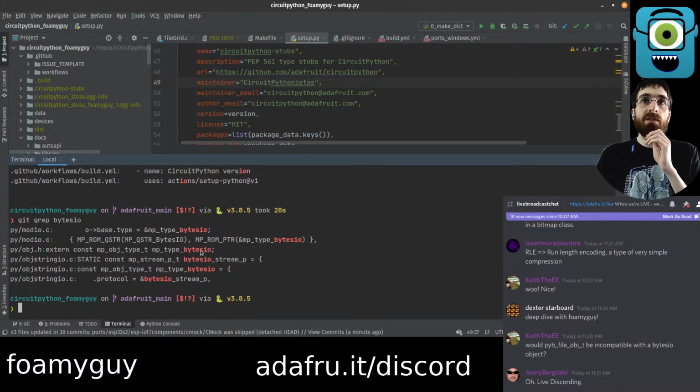This says MP type bytes IO. An MP and bytes IO stream. So this seems like a long shot, but if we simply replace that type that we found with this, would it work? Let's try it. Do we want to build on main? Yeah, I think so, right? So